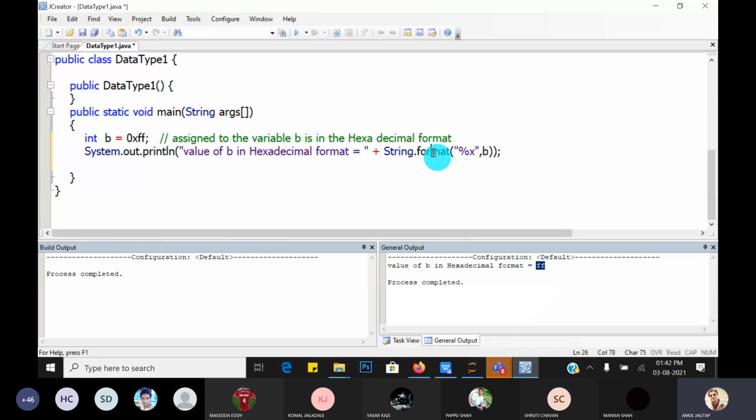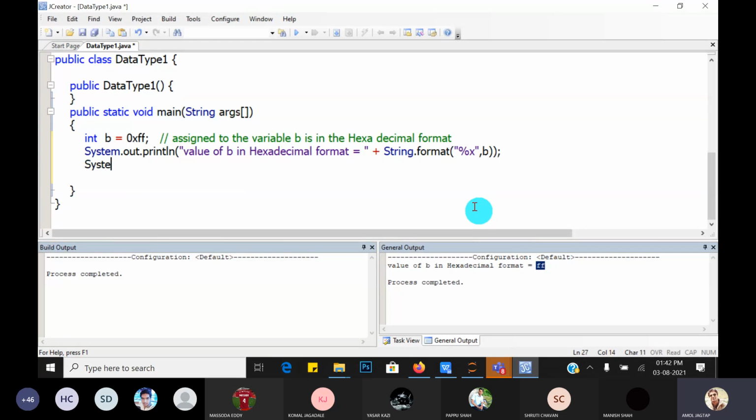We pass two arguments: %x, that is hexadecimal, comma b, the value we want to display in hexadecimal format. When we execute it, it gives the output: value of b in hexadecimal format is equal to ff.